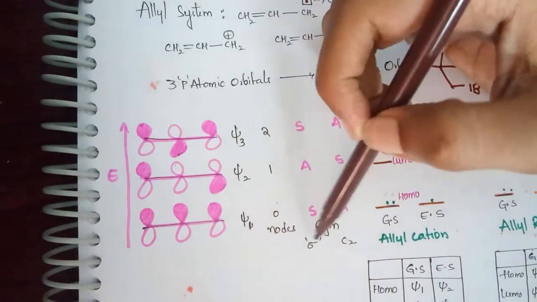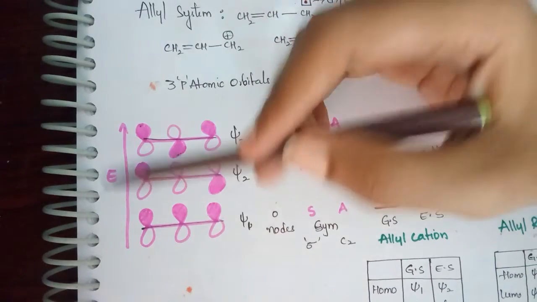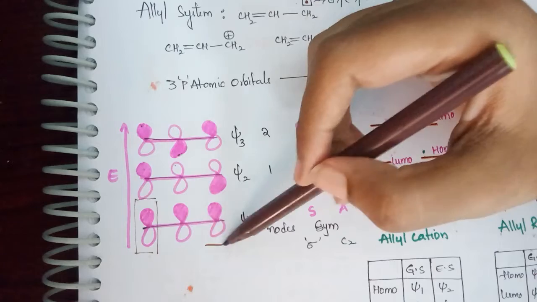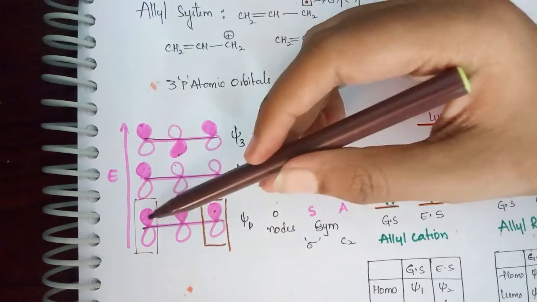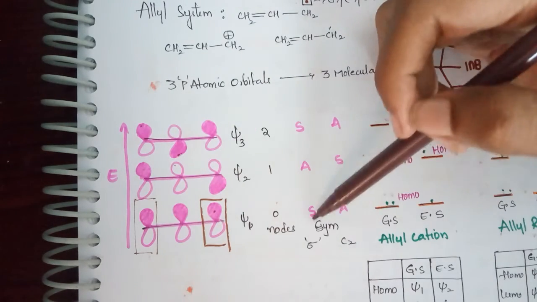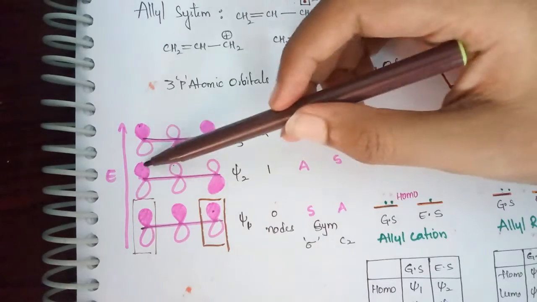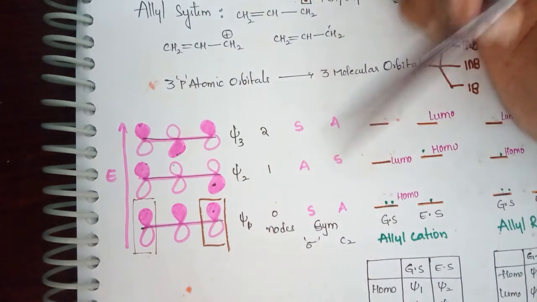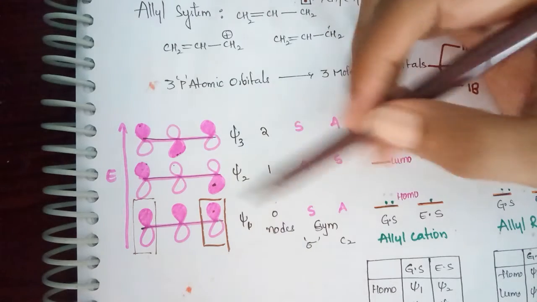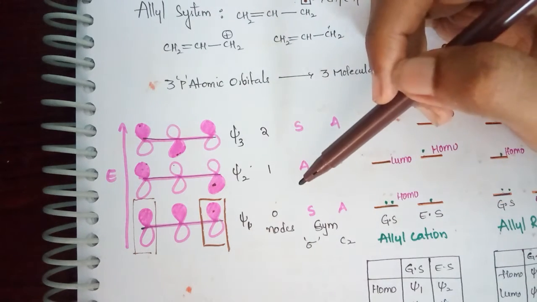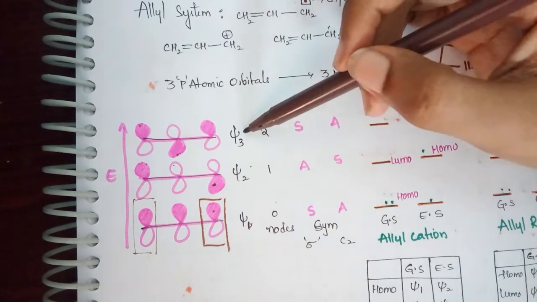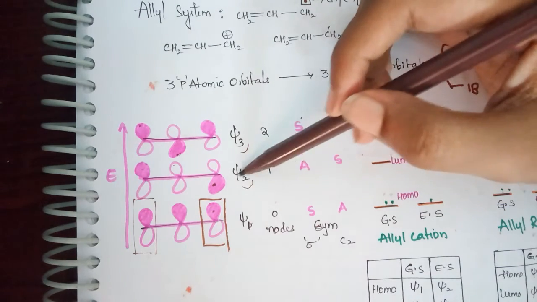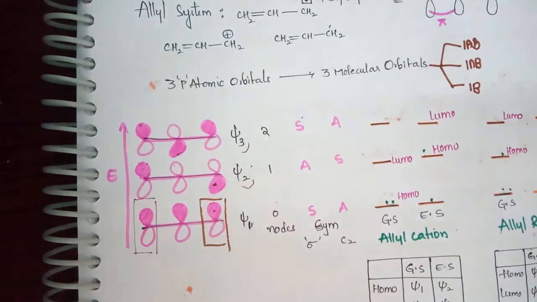Now next is symmetry elements. Here also it is better to see only the terminal lobes. If in the terminal lobes both are shaded towards the same side, you will have sigma symmetry, a mirror plane. If the shaded lobes are towards opposite sides, you will have C2 symmetry. Or you can also go through the numbering psi1, psi2, psi3. Psi1 and psi3 are odd numbers, so you will have mirror symmetry. Psi2 is an even number, so it will have C2 symmetry.